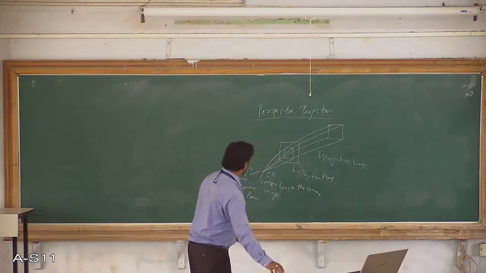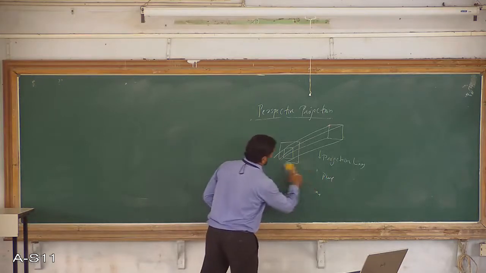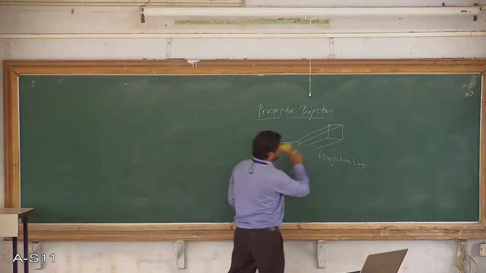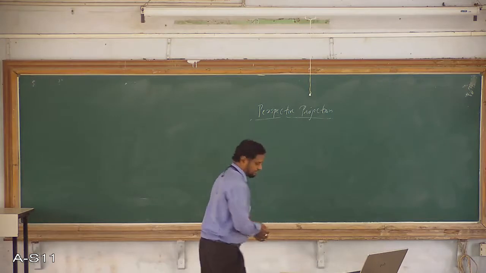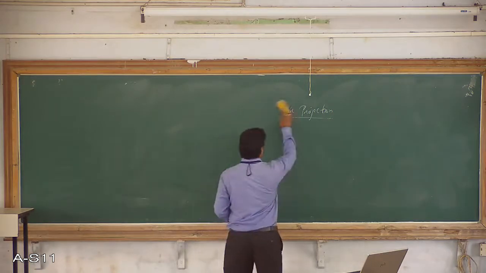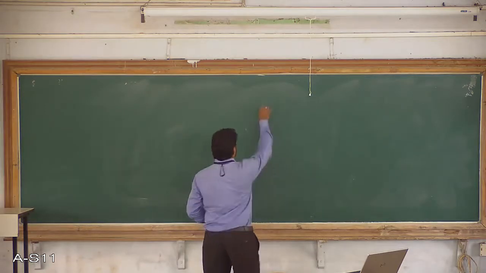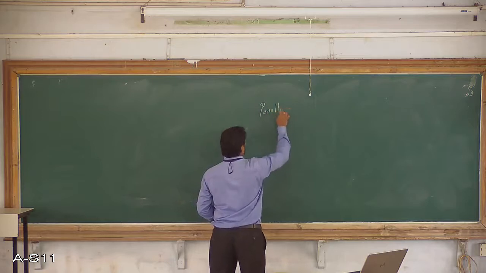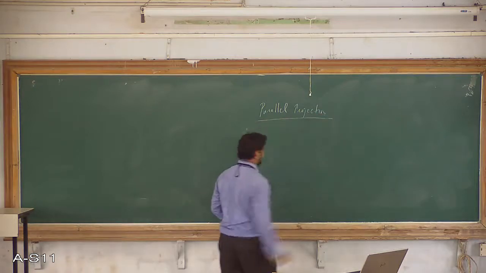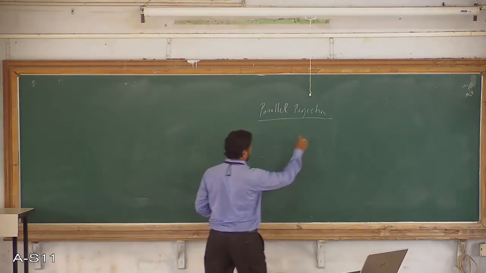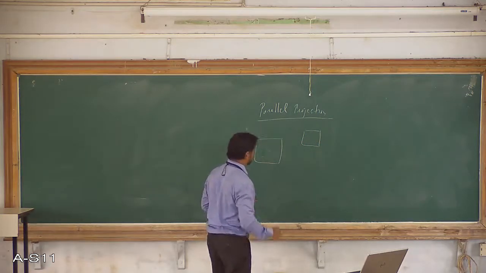Now what we learned is perspective projection. There is one more kind of projection that I can call parallel projection, where the projection lines take the direction of DOP, that is direction of projection. Those kinds of projections are called orthographic projections or parallel projections. So I will next start with parallel projection, where I'll draw the diagram initially. This is the object, this is the projection plane, and these are the projection lines.